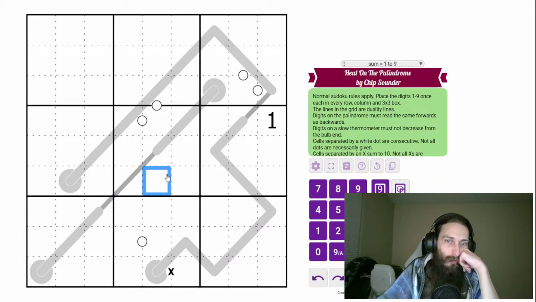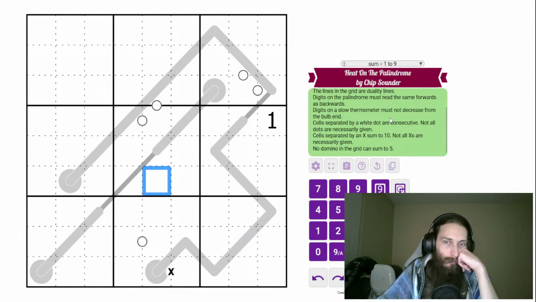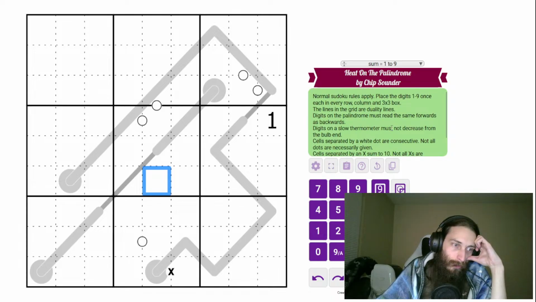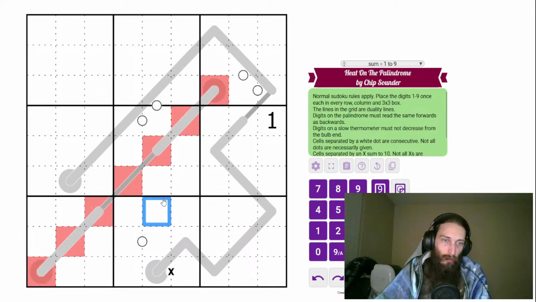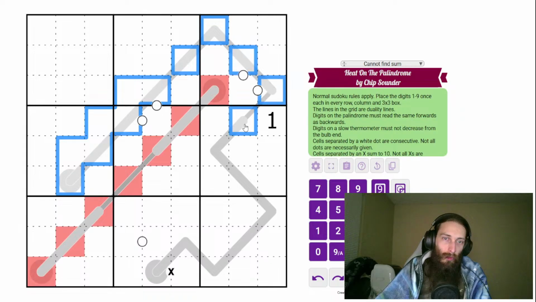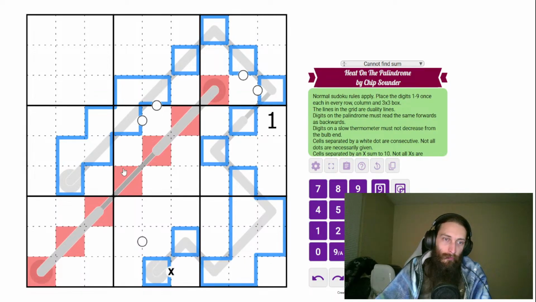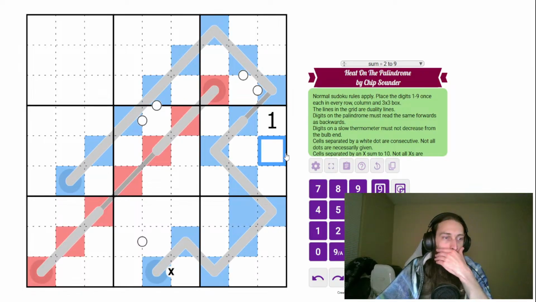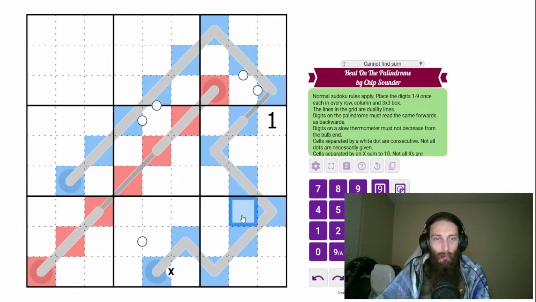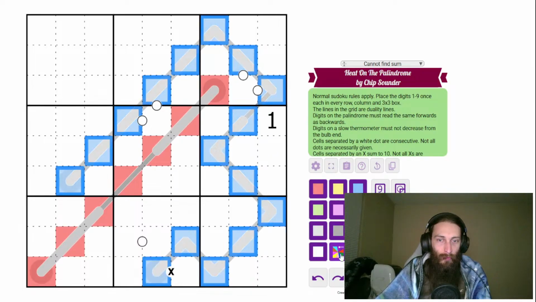I'm a bit confused as to what it means by the lines in the grid are duality lines. The bulb is the tip of the palindrome. Okay, so what you're saying is that this is connected, and the same with this one. Okay, if that is the case, then